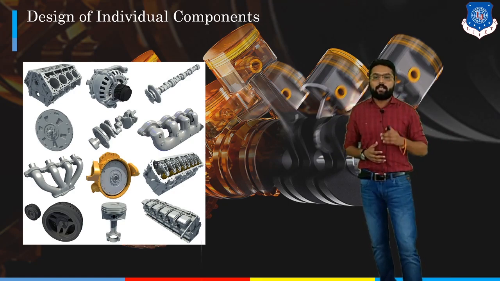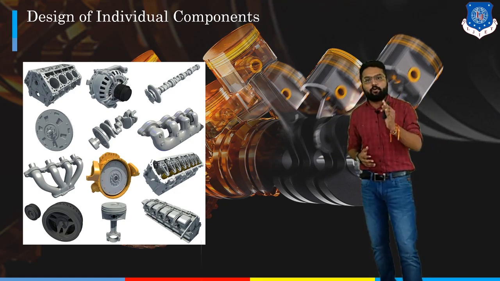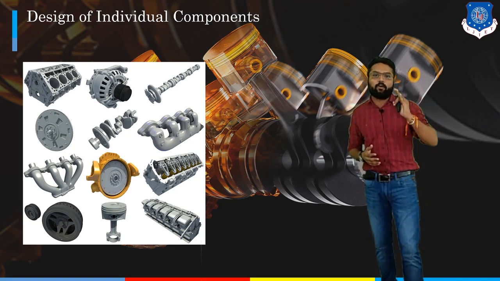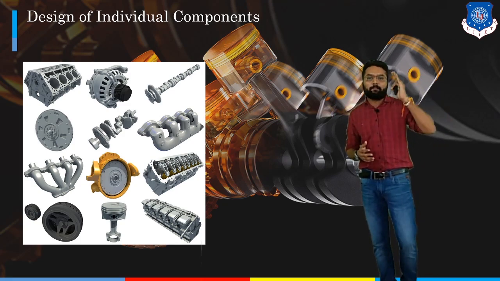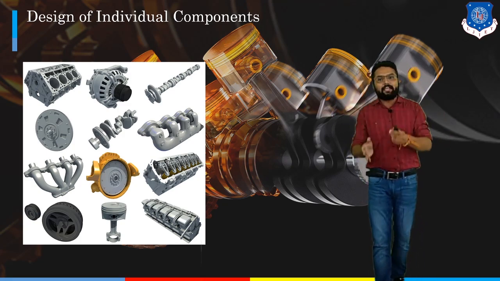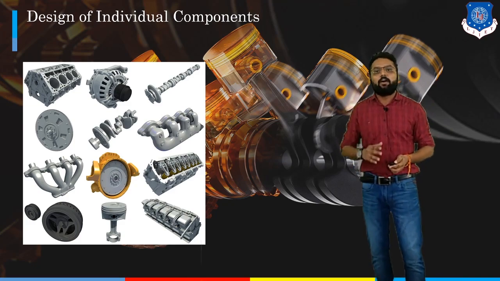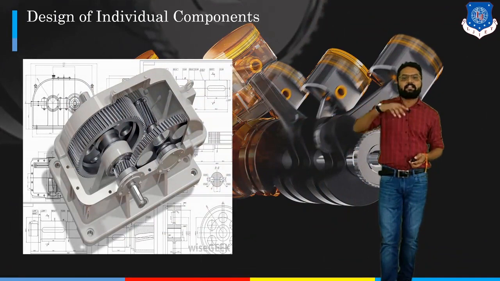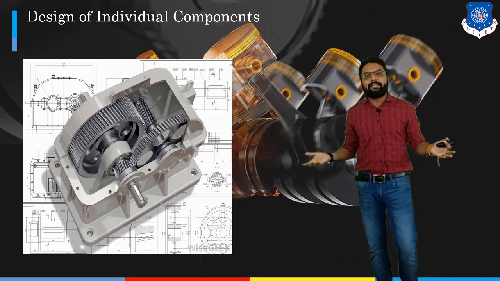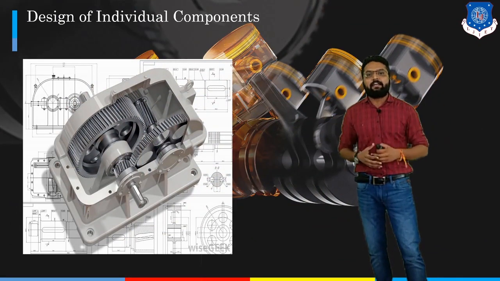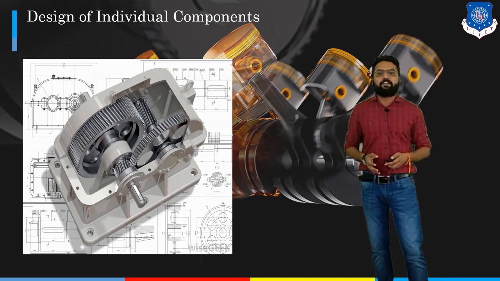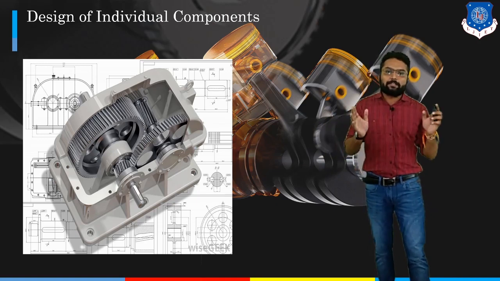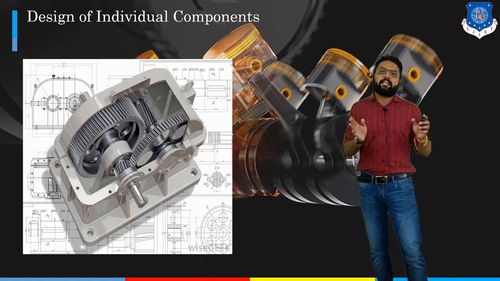So in this case, each and every component we are going to take in isolation, then we are going to analyze them depending on free body diagram as well as thermal analysis, and ultimately depending on this we are going to draft our overall component. Like, we are going to draft our overall component, whether it is virtual drafting, or analytical drafting, or you can say on-board drafting, which is the classical method. Clear? So this is our overall design procedure, which is going to be applicable in each and every chapter.